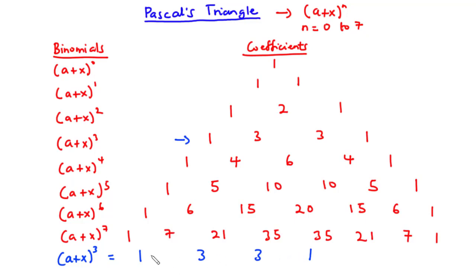So we write a and then x. Now the power on a is 3 and the power on x is 0. We are told that the sum of the powers of a and x should be equal to the power of the binomial in each term. So for this term, 3 plus 0 is 3, which is the power of the binomial,